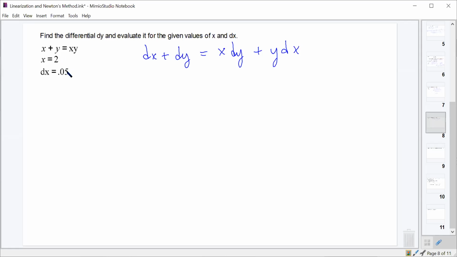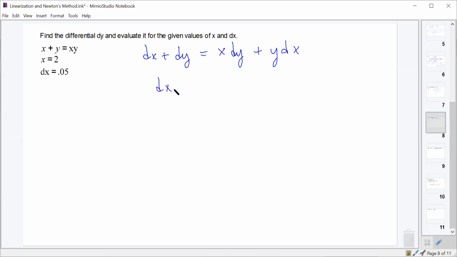All right. So we've got an x value of 2. We've got a dx value of 0.05. We're looking for dy, but we're going to have a little bit of a problem here. So let's first solve for dy, right? Maybe that'll make things a little bit easier. If we solve for dy,